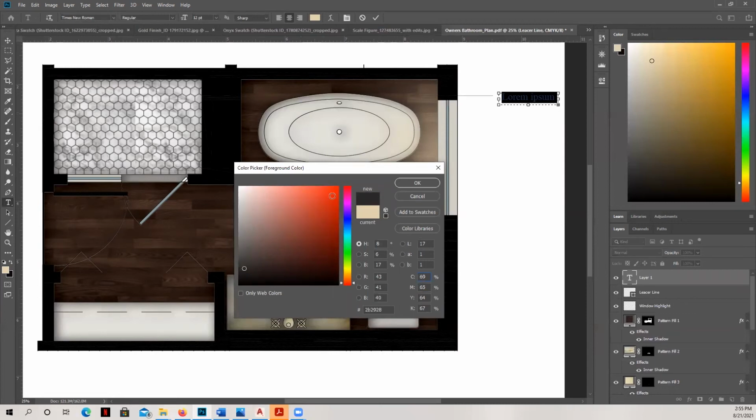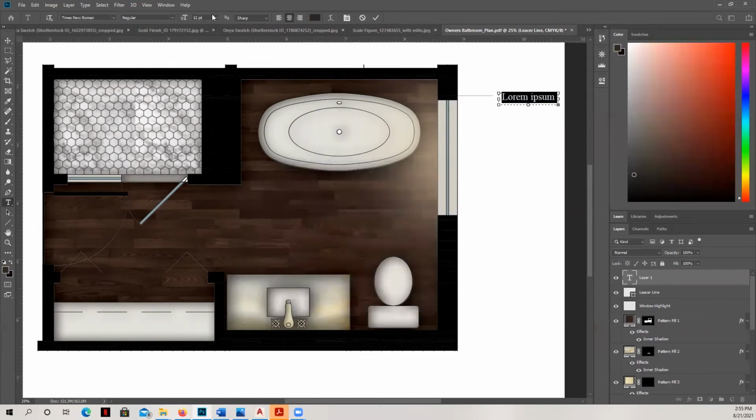Something's wrong with that layer. The opacity is a little low, but that's okay. That's easy enough to adjust. So I'm going to label this. Reduce my text size a little bit.